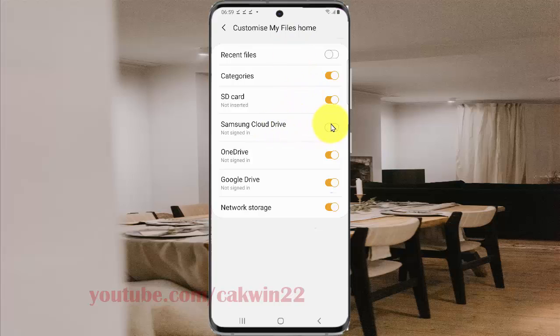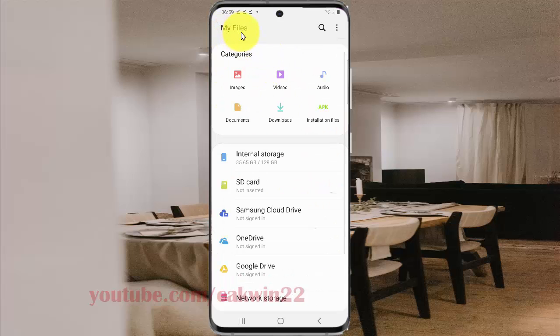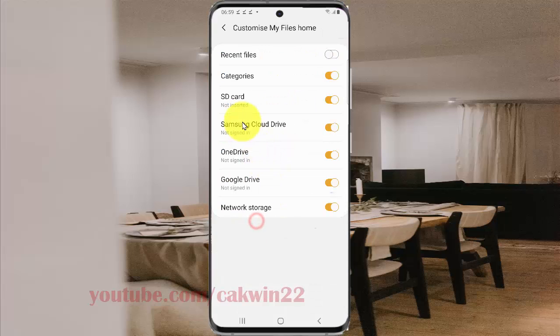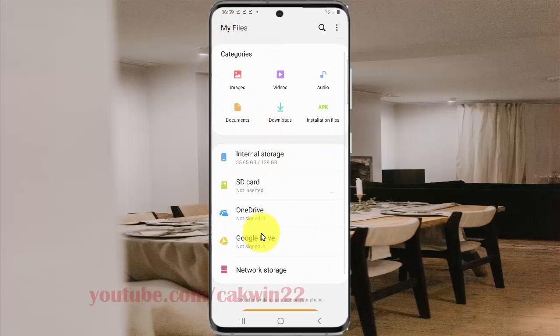Okay, let's try to show or add. If you are in My Files Home, you can see Samsung Cloud Drive, and if you want to remove, tap switch until white, you cannot see Samsung Cloud Drive in